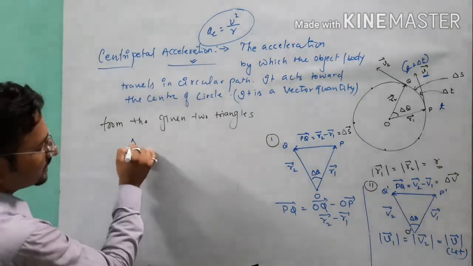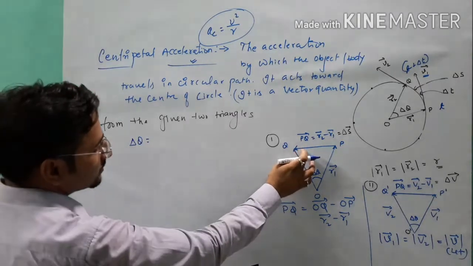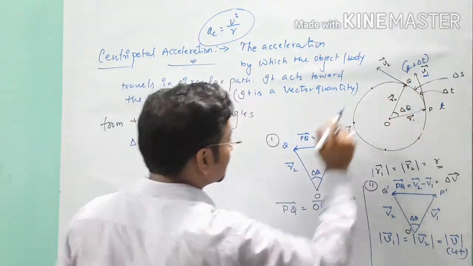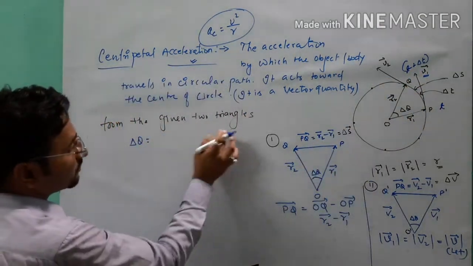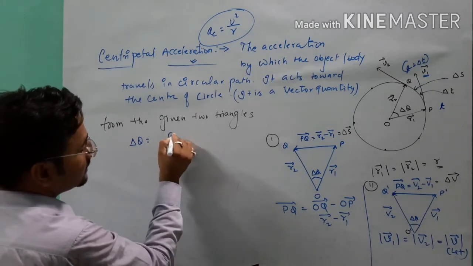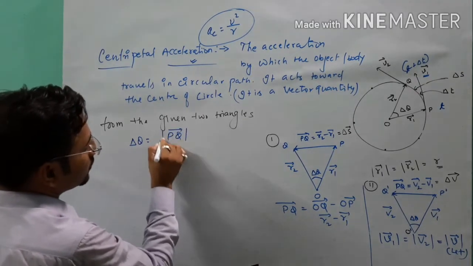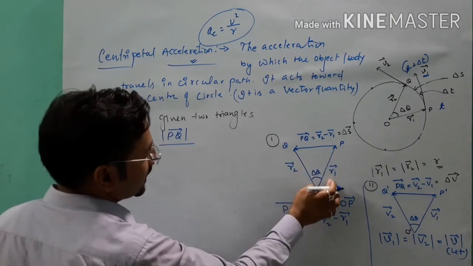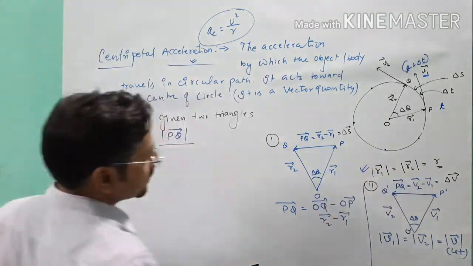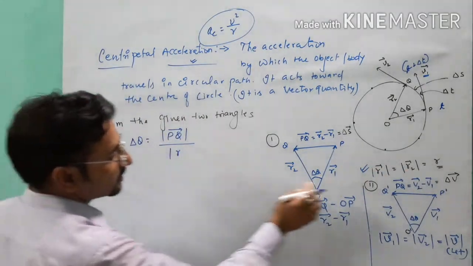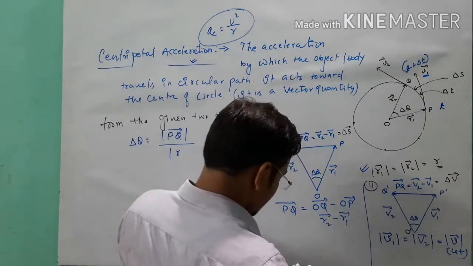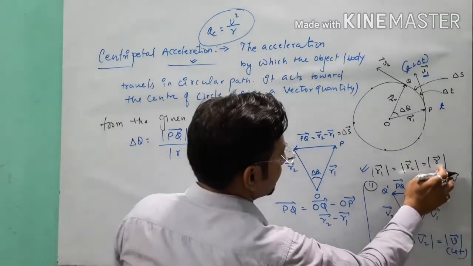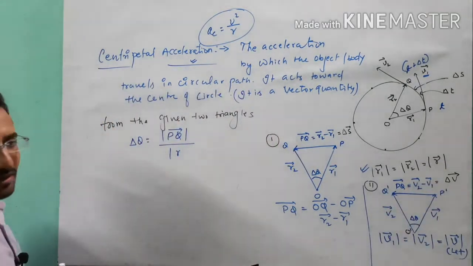From triangle 1 you can see delta theta is equal to, by using arc upon radius, here arc is, you can see the diagram, PQ is our arc, so PQ represents from the first diagram the magnitude of PQ vector over the magnitude of these two. As we have done, r1 and r2 are equal in magnitude, so I will write these two in this way, which is equal to r, we know that, but formally I will write it as mod of vector r.